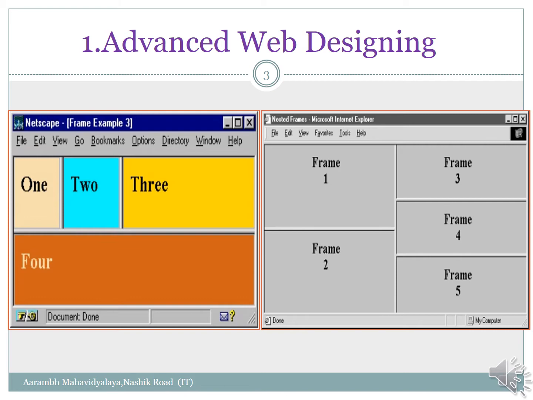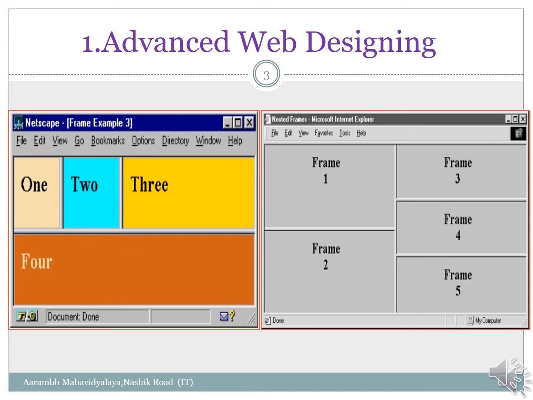Now whenever we use frames to distribute the window row wise or column wise, when we have to distribute it in a horizontal manner, we have to use the frameset as rows, and when we have to distribute it vertically, we have to set the frameset as columns. Here in the provided example, initially we distribute the window row wise, and after that we distribute the first part into three columns.